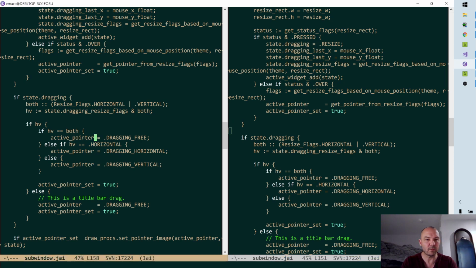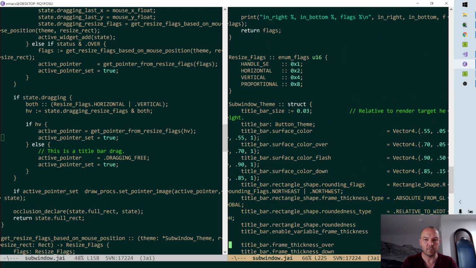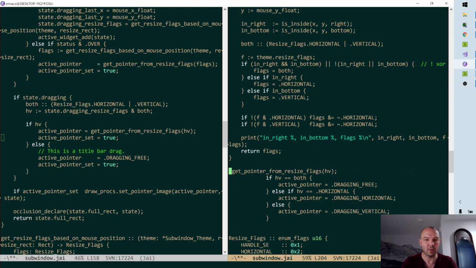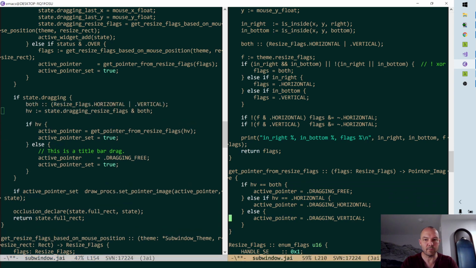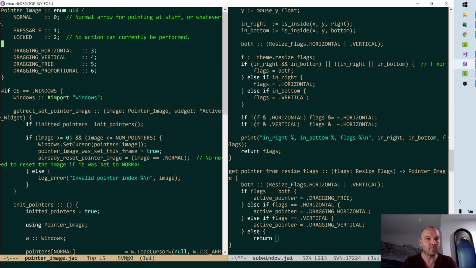All right. Okay. So get pointer from resize flags. I don't know. Locked. Who knows? Okay, and then this is